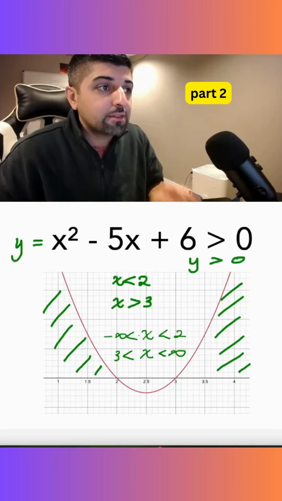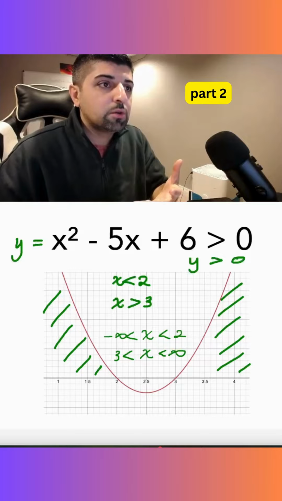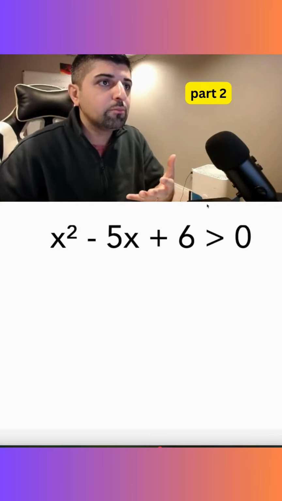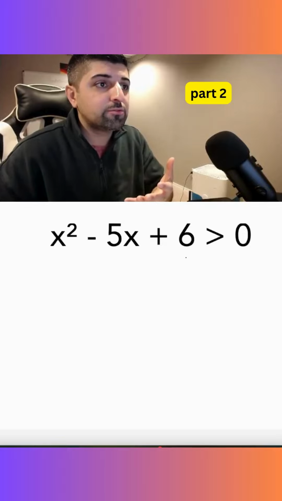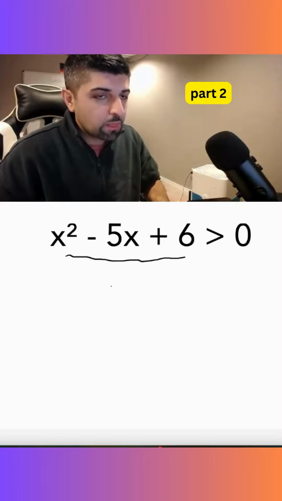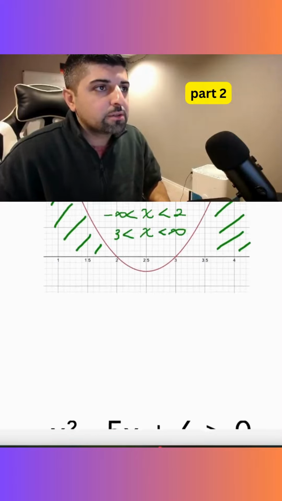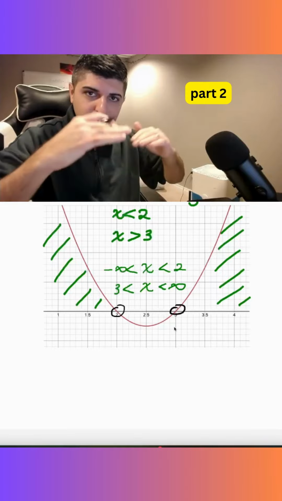How would you get this answer if you were to do it algebraically? What would you do? Well, I have this same expression down below. What I would have to do in this context is factor this expression. The reason why I need to factor that expression is because these x-intercepts, which is where the parabola meets